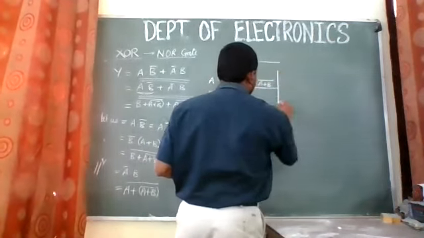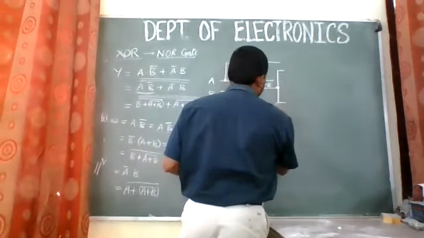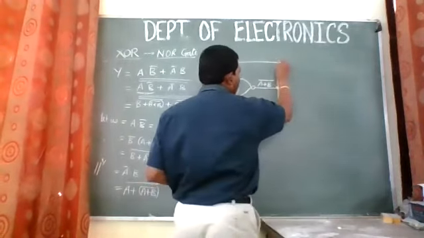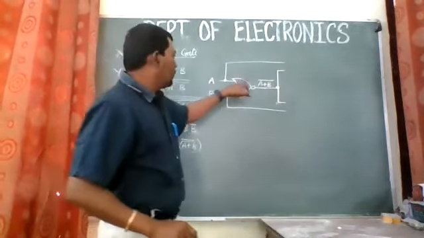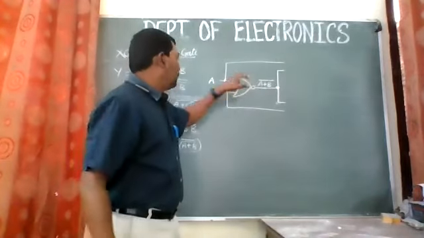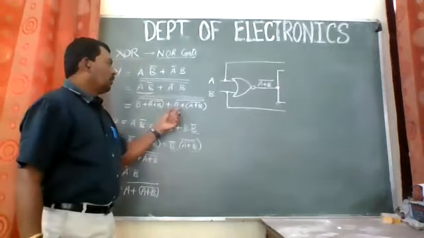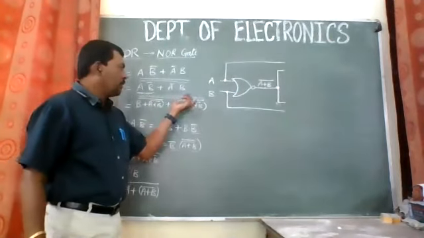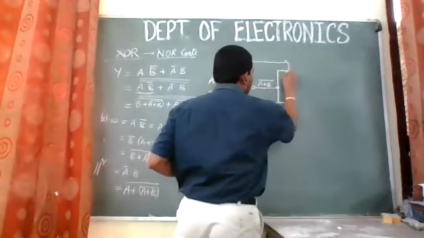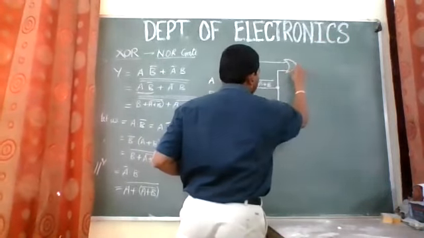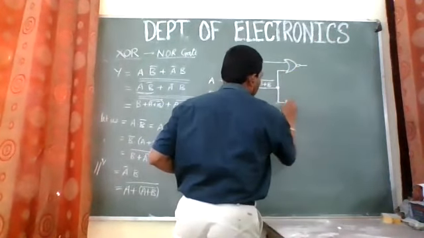So I'll be using the same two equations again for the NOR gates like this. So I am having A and B. Here I got A plus B complement. Now I have to add it. So A plus A plus B complement of the complement. So I'll be putting NOR gate over here again like this. So this is NOR gate. And here also I will be putting the NOR gate.